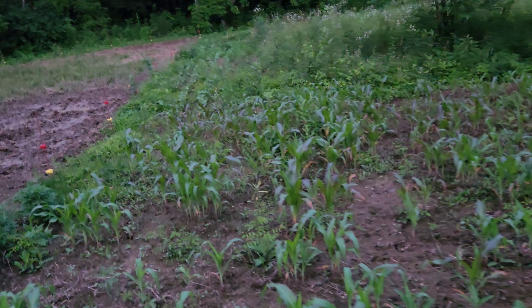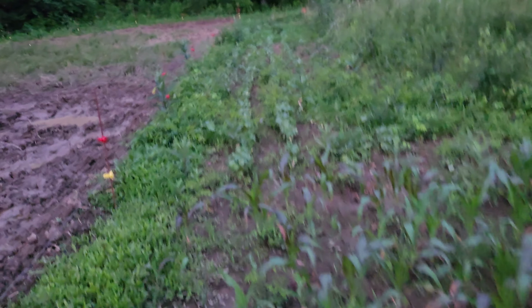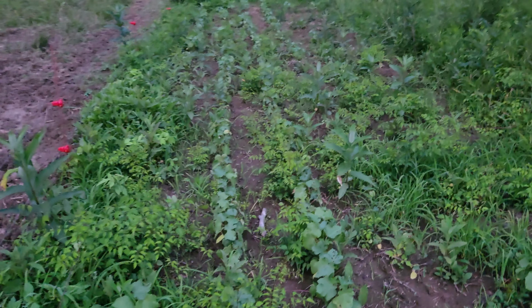I'm not in a hurry to get them, and if this little patch ends up not working out, then so be it. But I think it's going to not only work out, I think the timing wise is going to be pretty good. Now you see these strips down the middle here? These strips are still my okra,